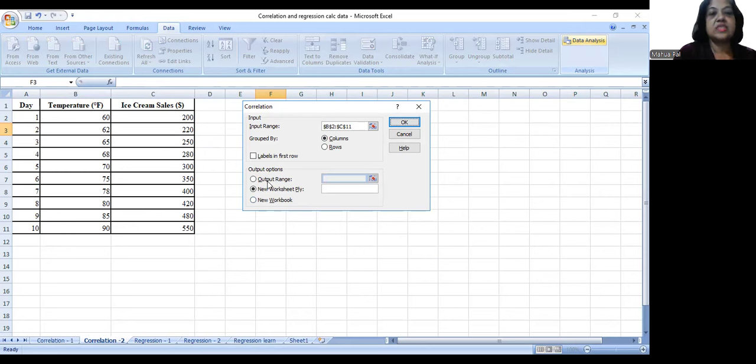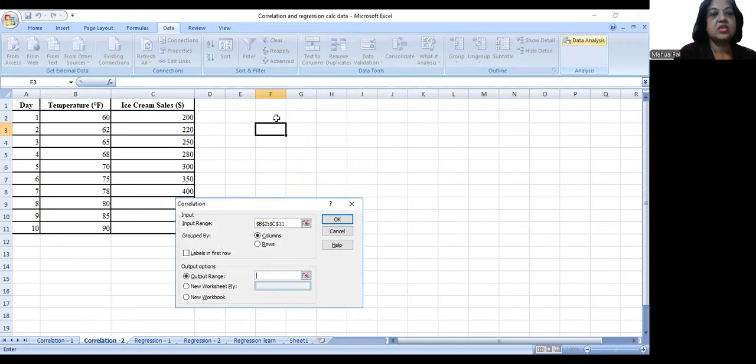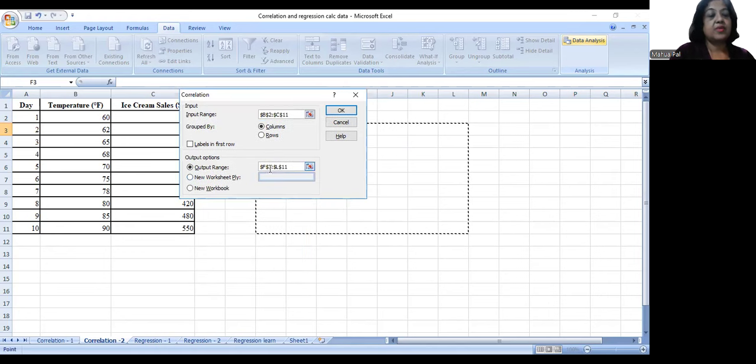But if I want it in the same worksheet beside the data, then I have to click output range and select a portion of the sheet. The cell pointer is over here, and you can select a portion here also if you want. Otherwise, the result can come in a new Excel file if you click on new workbook. Anyways, we are doing it in the same sheet, just beside the data, and I click on OK,